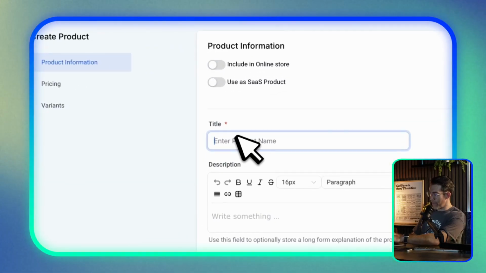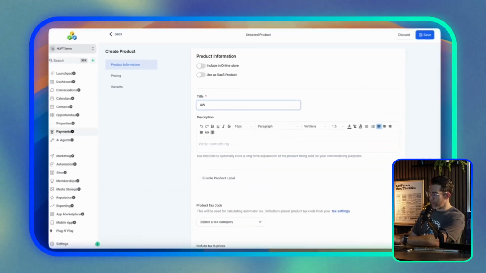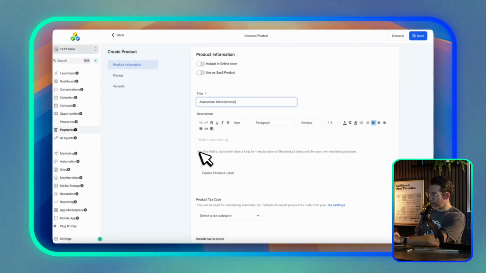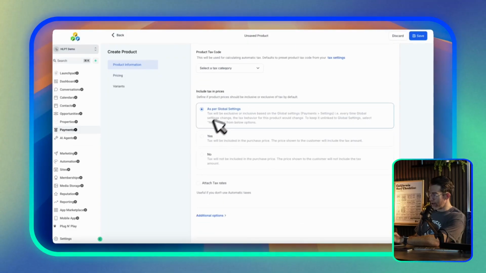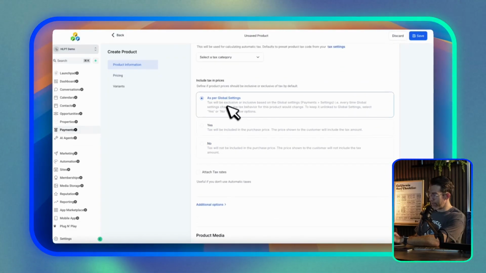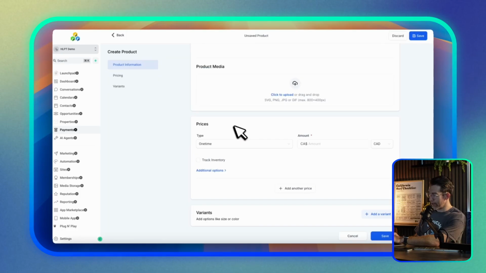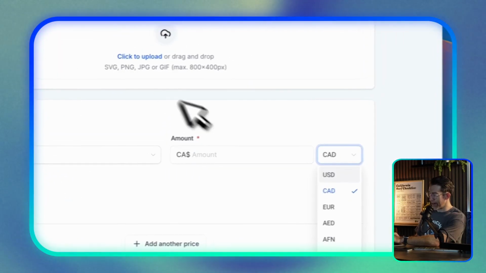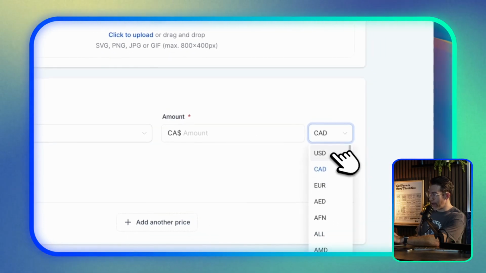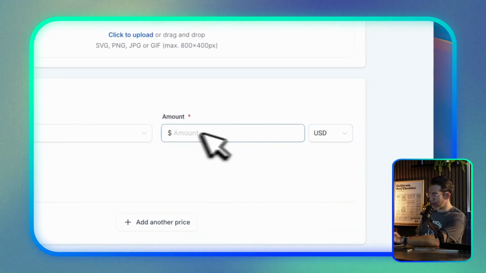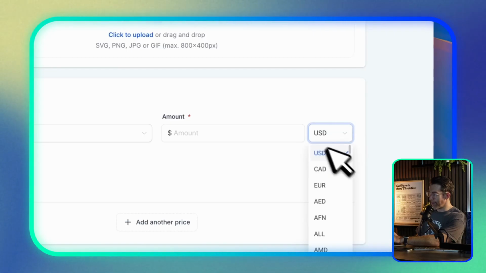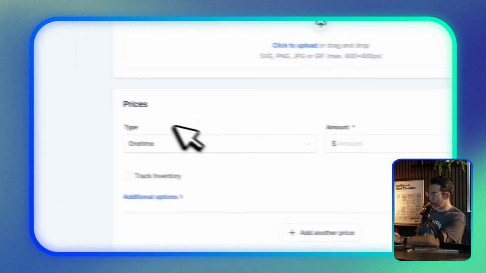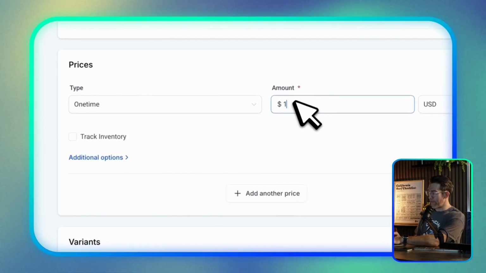And so we'll come through, and this is called our awesome membership. Tax settings here. We can include tax or not. Set our pricing. And so here you see it defaults to my country that I've set inside of my account. But now I actually do have a selector, and I can be like, oh, I want to set it into this currency. And so just that drop-down selector allows you to pick whichever currency applies, and you can actually set this. So if I was to do my one-time fee again for $15,